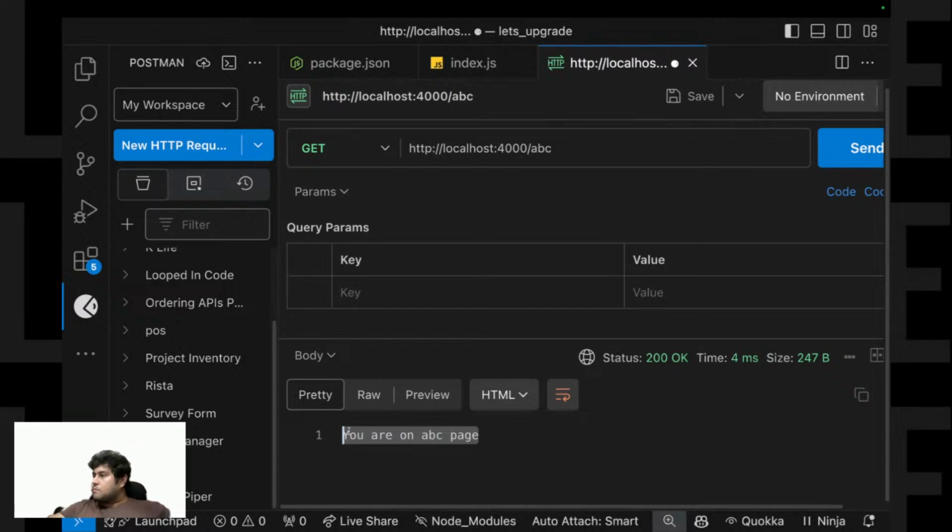Okay. Yeah, Thunder Client is also an alternative to Postman, but since Postman is one of the initial applications which solved this purpose, we use Postman. You can use any other client instead of Postman, but it's up to you.